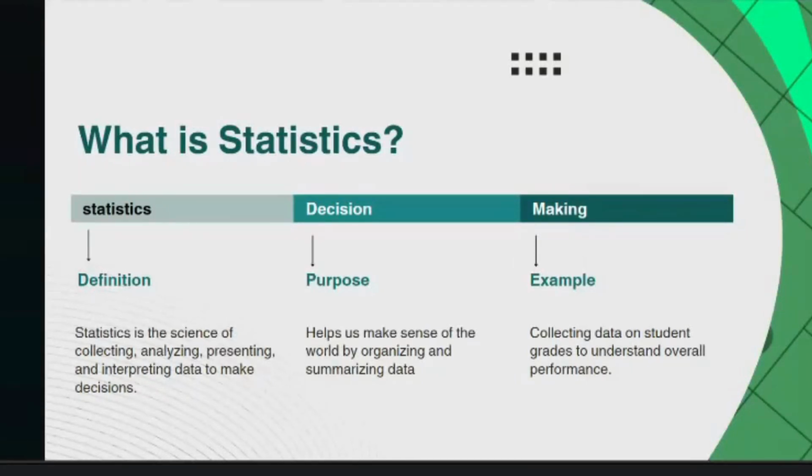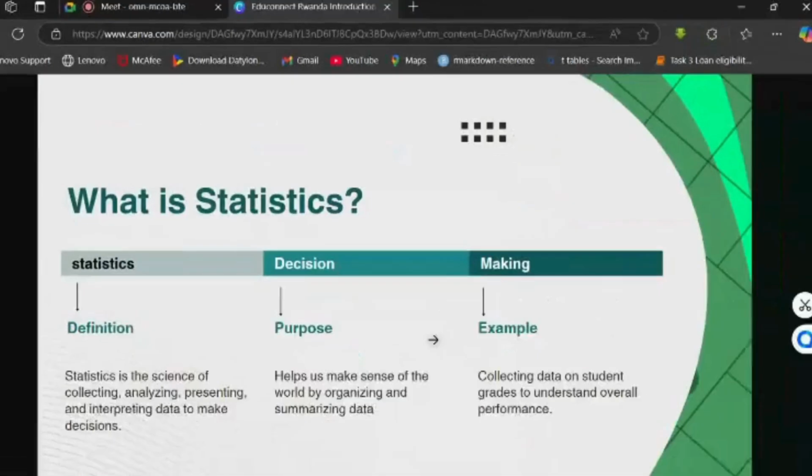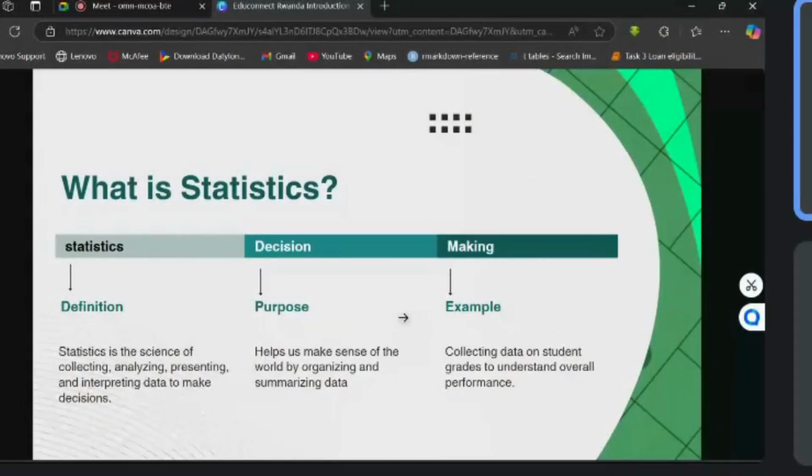Simply, the definition of statistics: it is the science of collecting, analyzing, presenting, and interpreting data to make decisions. When you look at the line here, you see that we have what we call statistics decision making. Which means we need statistics so that we can collect, analyze, present, and interpret the data for the purpose of making decisions, maybe for a specific problem that the society has. And when it comes to the purpose of statistics,